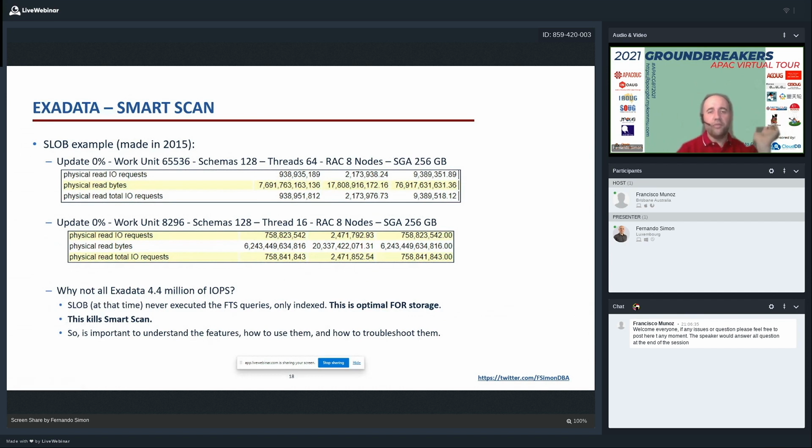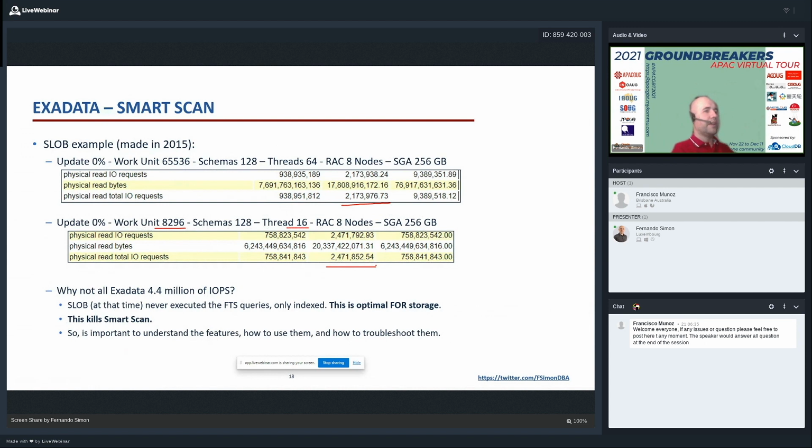Okay, if you look at that, I am doing more or less 2 million IOPS, and with this work unit a little less and fewer threads, I made 2 and a half million IOPS. But